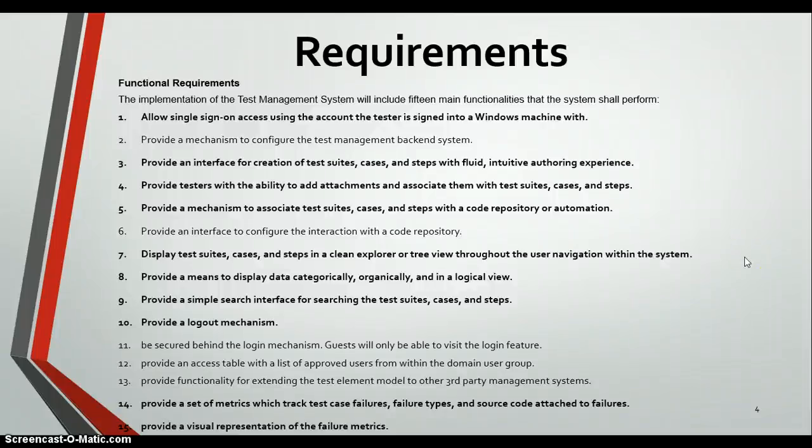Okay, so from our shortcomings and wish list video, we have our requirements list. The ones that you see that are not bolded are the functionalities that were not implemented. Some of the most important ones were to provide an interface to configure interactions with a code repository, meaning